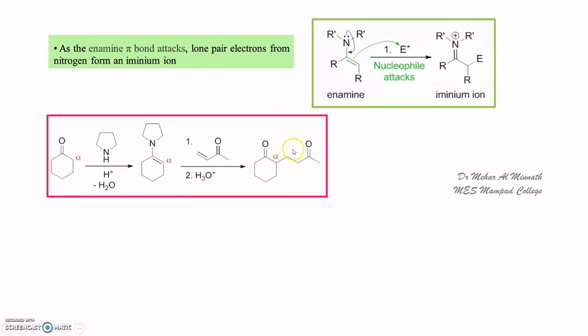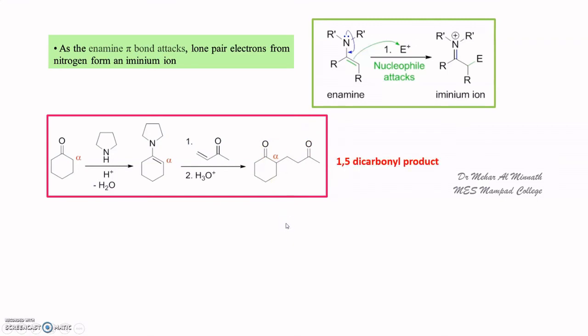And then another example, similar example for this is here. You can see this ketone is being attached to the alpha carbon of the cyclohexanone. Okay, so here what's happening? This double bond, the pi bond, attacks this double bonded carbon over here. Okay, so this pi bond attacks over here, not on the carbonyl carbon. Remember, not on the carbonyl carbon, but over here on this double bonded carbon, and you get the alpha substituted